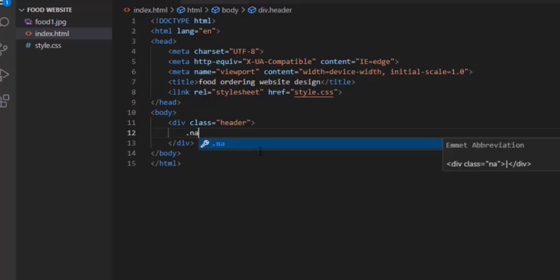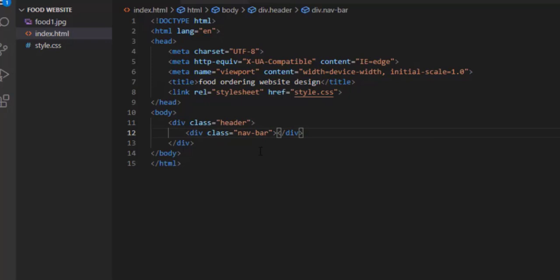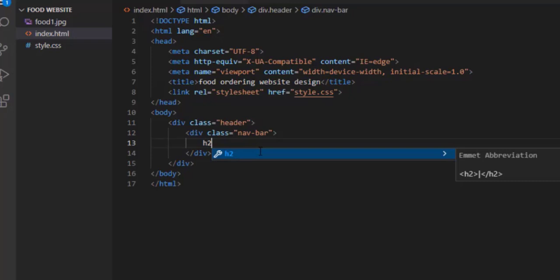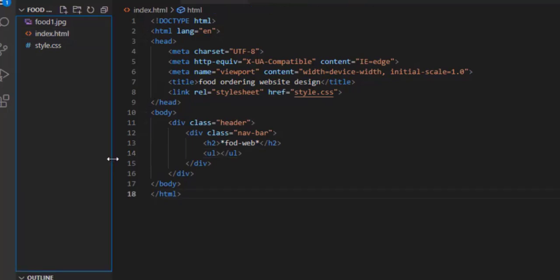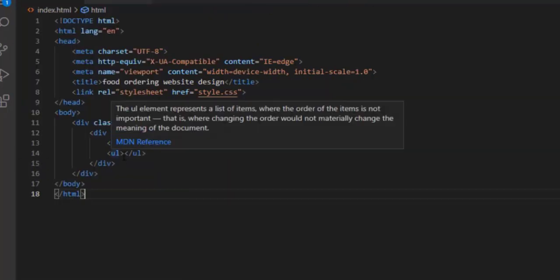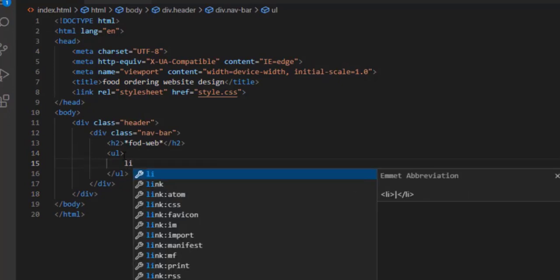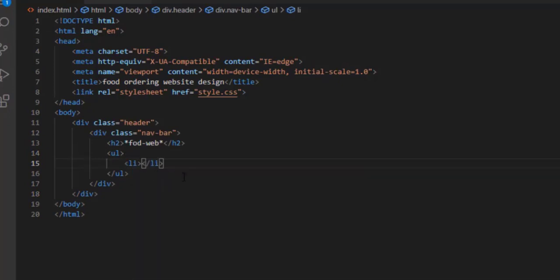Now let me create a div element having a class header. Inside this div element we need to have a navbar. We need to have another div element having a navbar right here. So in this navbar, let me create an H2 element, food web, and also inside this navbar element, we need to have